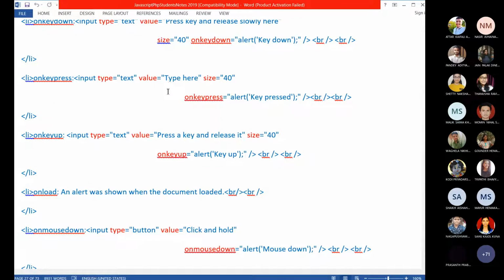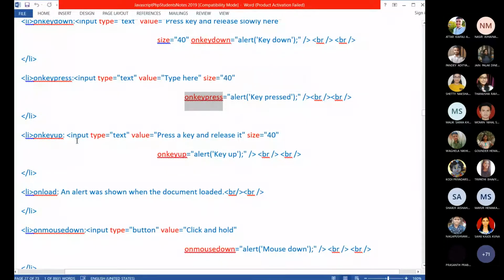Here, the moment you press, the event will be triggered. It will say key pressed. What is the name of the event? On key press. Remember, all the event names should be written in small letters, without leaving space between words. That you have to remember.